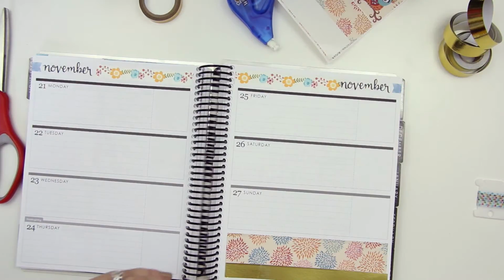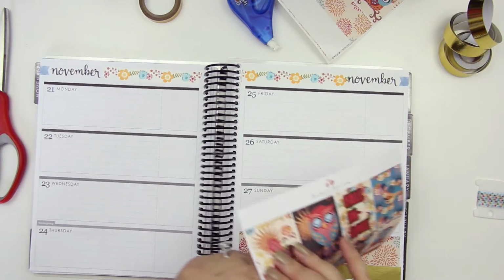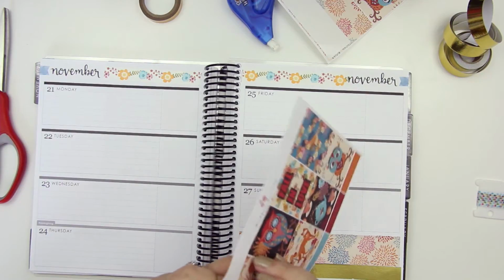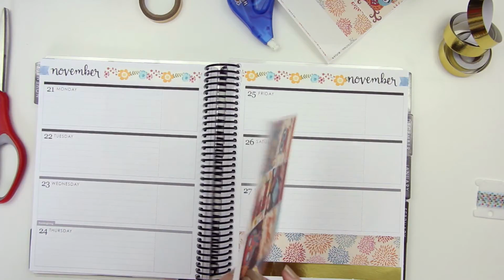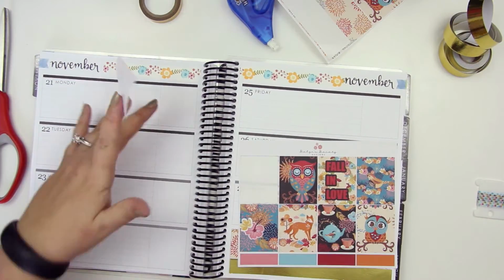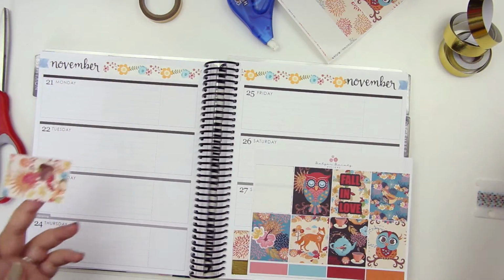Wrong sheet. Where'd all my sheets go? There they are. It feels weird to not be pausing with the thin washi. This one's a little stuck. There we go. And I think I'll just go in order. She's kind of spread these out color-wise in a good, easy way to follow. Because I'm going to cover those up,